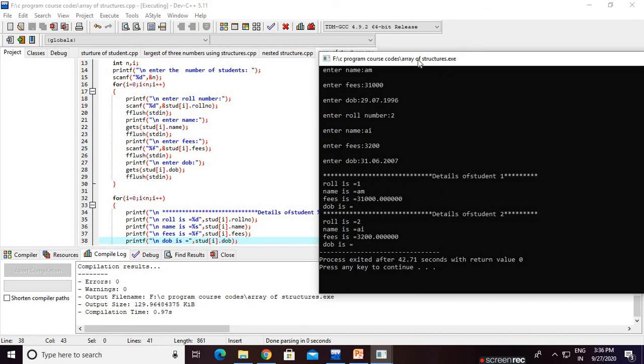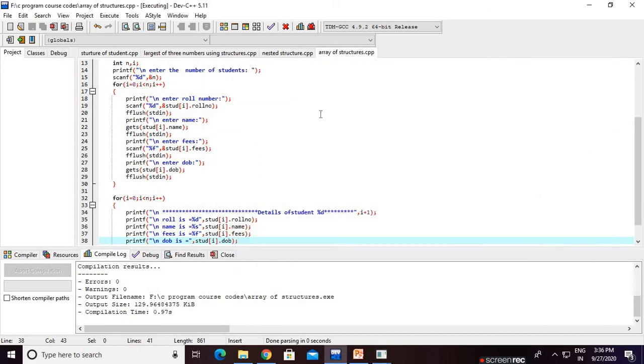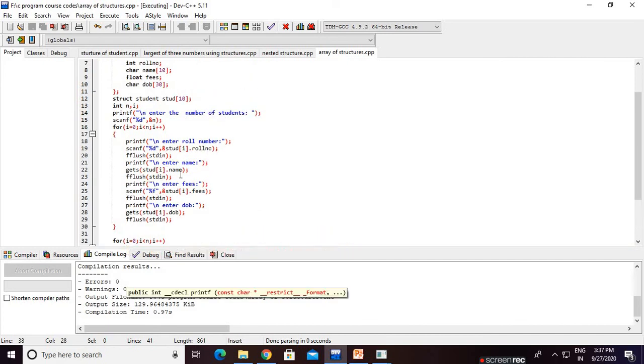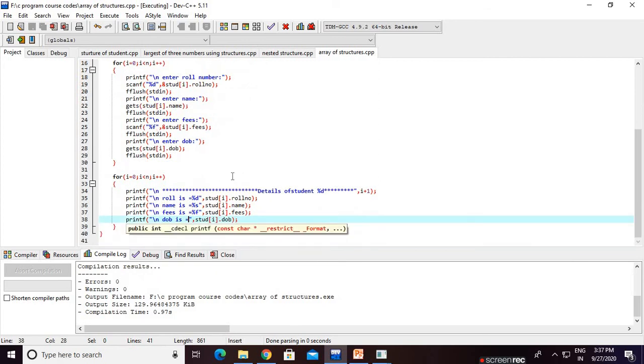So again, go to our code and try to find out what the problem is, because every time we find out why our values are not printing. We have printed the last slash n. Oh, this is our problem. We did not give the data type. This is a string, so we did not give the format specifier. That's why it is not printed. So %s. Save it, Control S.